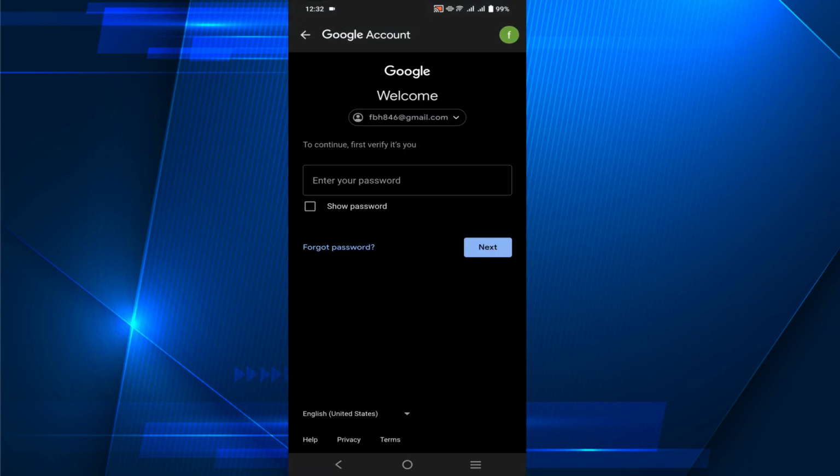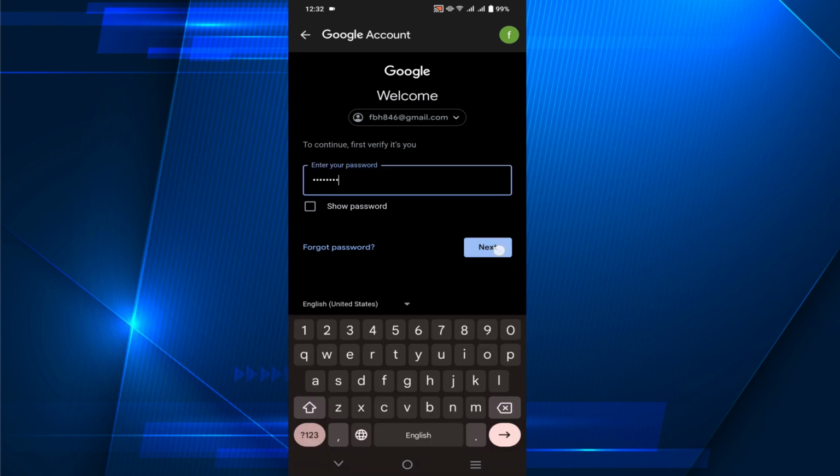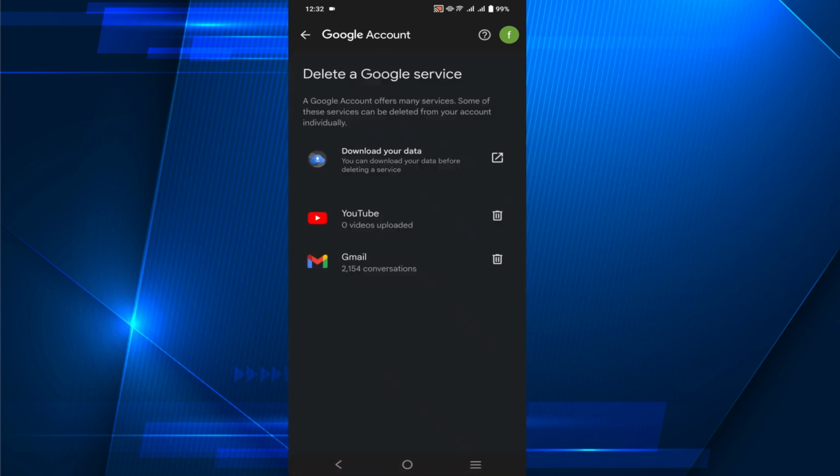Now you can see I have to put my Gmail password. All I have to do is put it here and select next. Now you can see the option delete here. Just click this option